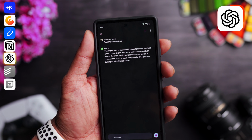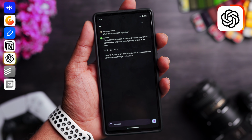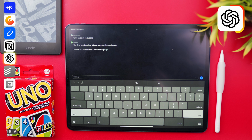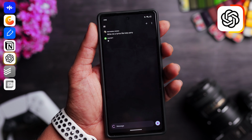For example, let's ask ChatGPT to explain to us the process of photosynthesis, and as you can see, it will generate the answer. You can even ask math problems and equations. This will be really helpful if you ever have to write an essay. Simply type "write me an essay on the given topic" and it will do that for you. Or you can even use it for your creative needs, like it can help you write lyrics like Katy Perry